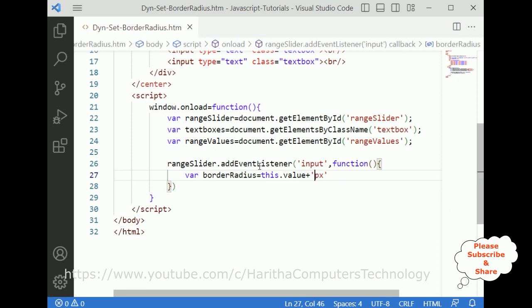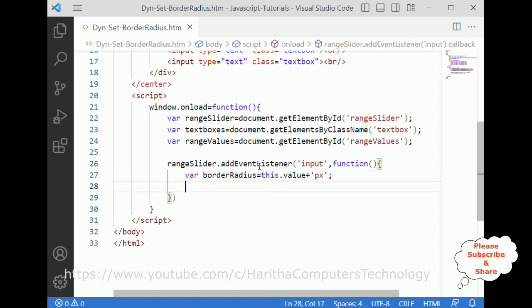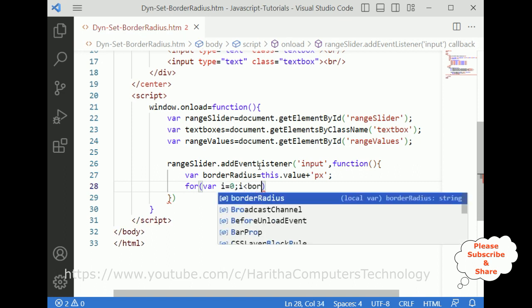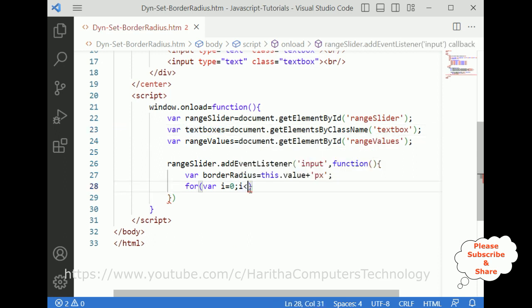Border radius is always in pixels. For variable i is equal to 0, i is less than the text boxes. How many text boxes we have? Text boxes dot length, i plus plus,